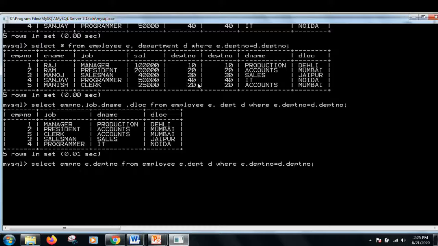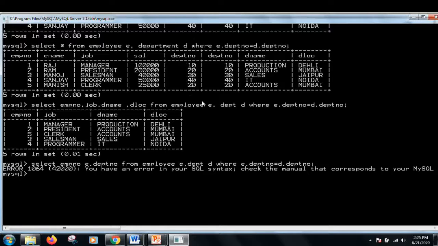For example, if I write E dot department number, then it will take the department number of the table employee. Out of these two, it will take the first. Okay, see, some error has occurred. Select employee number, then D dot department number. This is okay. Then employee E, department D, where E dot department number is equal to